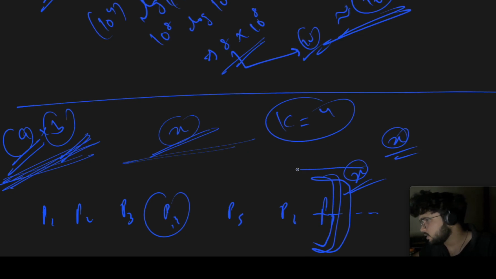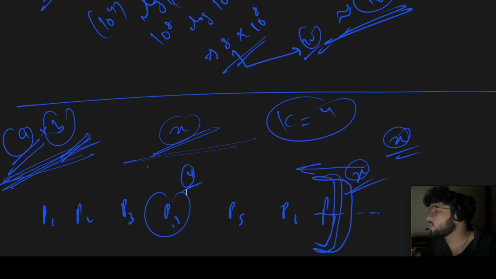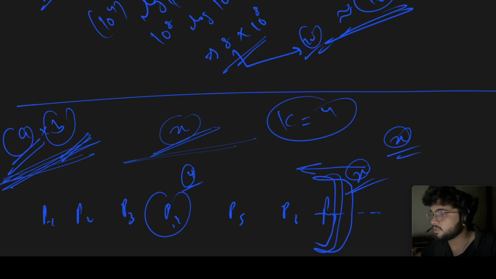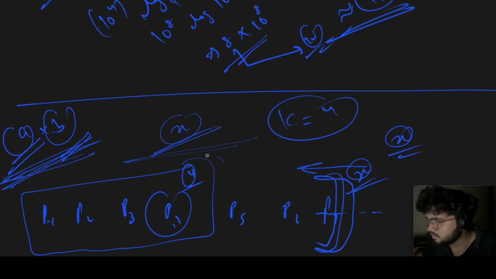So we need to reduce this value of x, right? Okay, let's move it to 4. So how many smaller or equal products than 4 are possible? 1, 2, 3, 4. Okay, 4 products are possible which are smaller or equal to 4,